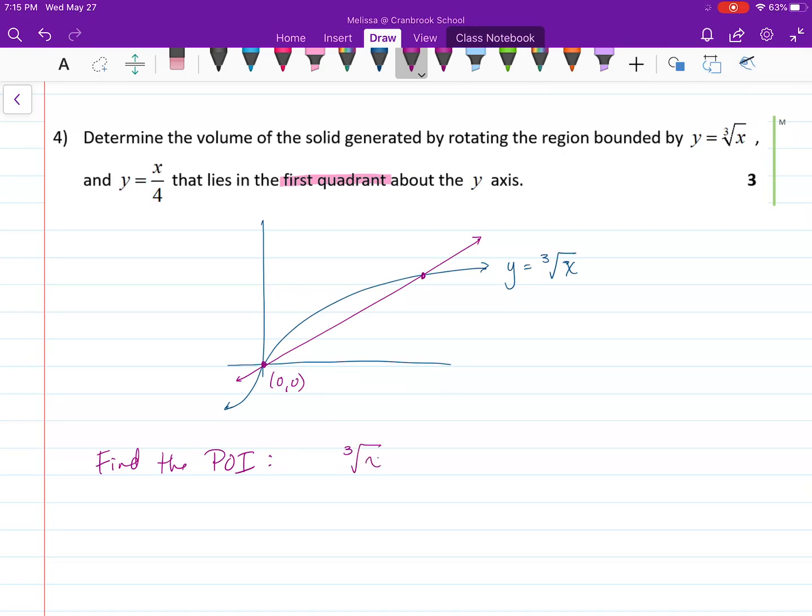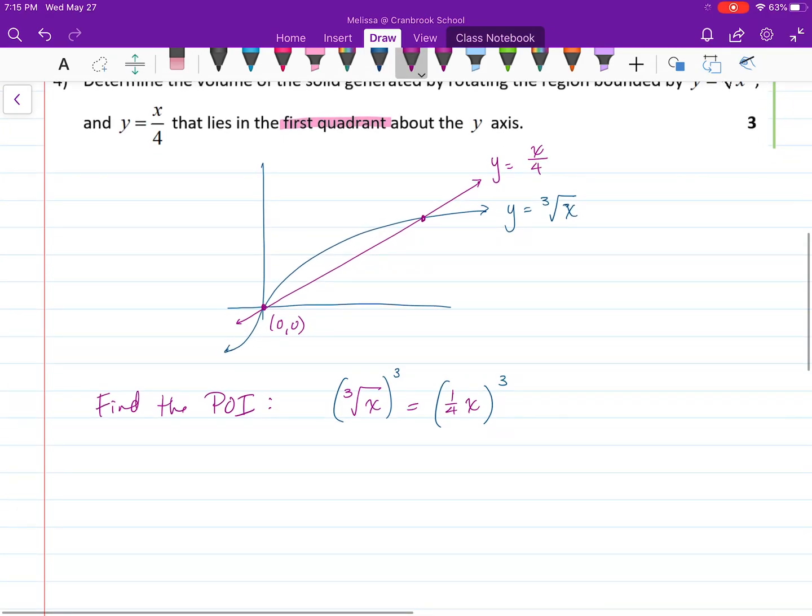Set the cube root of x equal to your line, so 1/4 x. I prefer that rather than x on 4. And cube both sides. So we got x equals 1/4 cubed,